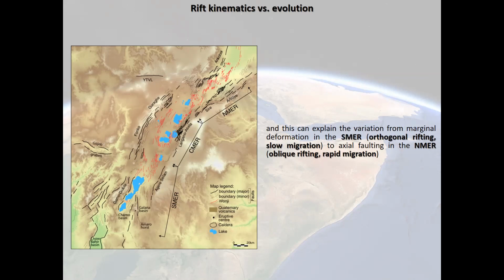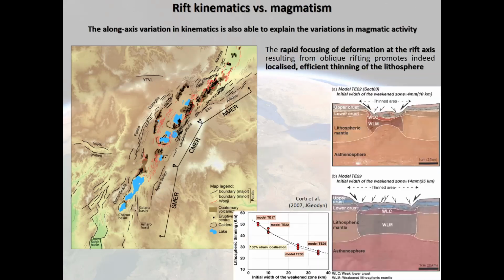So obliquity can explain this along axis variation, and this has very important consequences also for plate thinning and